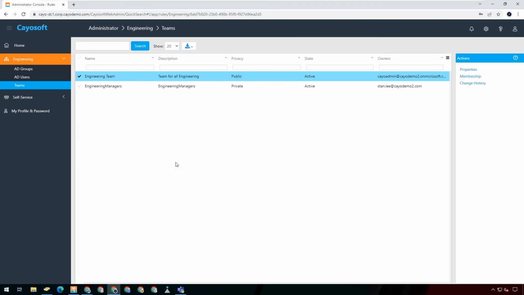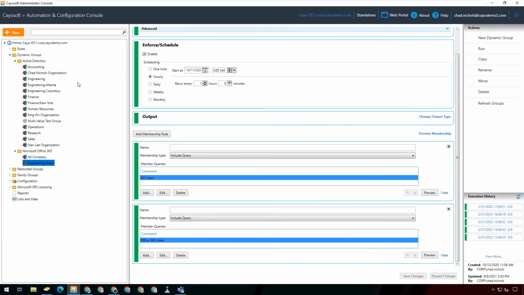Now, that being said, when you have a team as big as this, that's not something you typically want to maintain. So you want to be able to control membership very easily and very repeatably. And to do that, we have what's called dynamic groups. This is a very simple way to put that membership criteria around your group membership and set a rule. And then when somebody meets the criteria, they're added to the group. When they do not meet that criteria, they're removed.